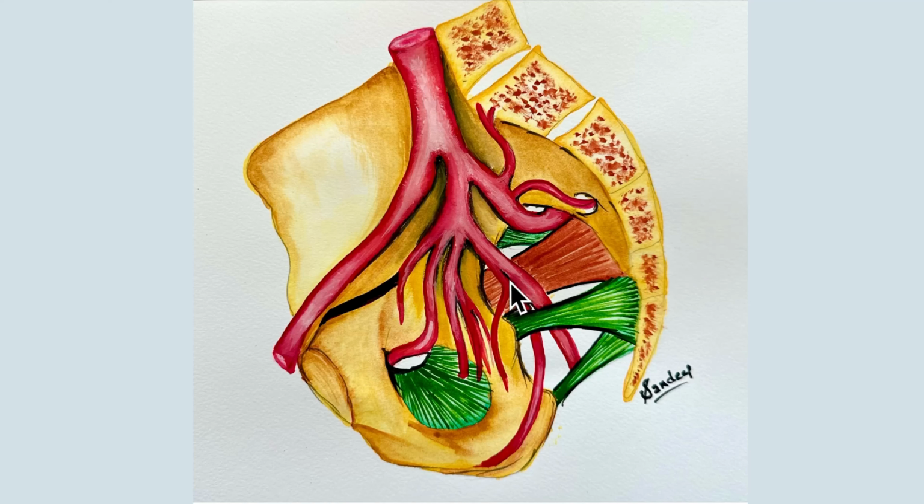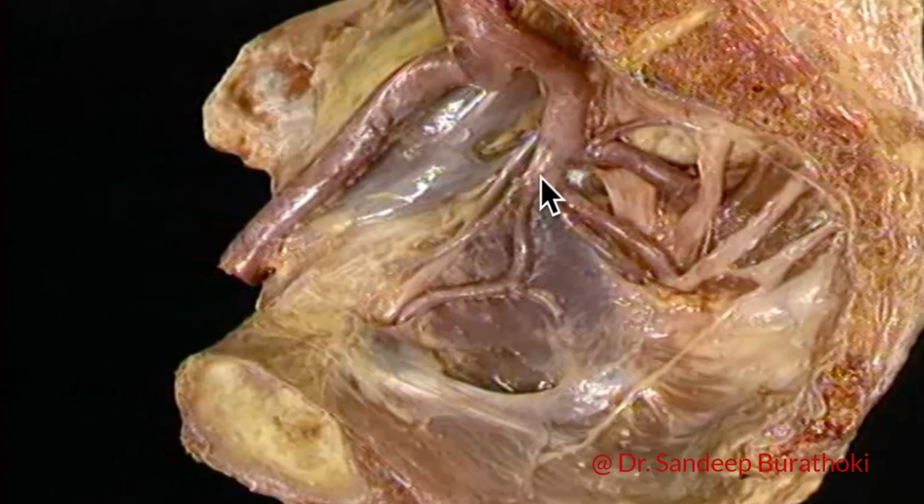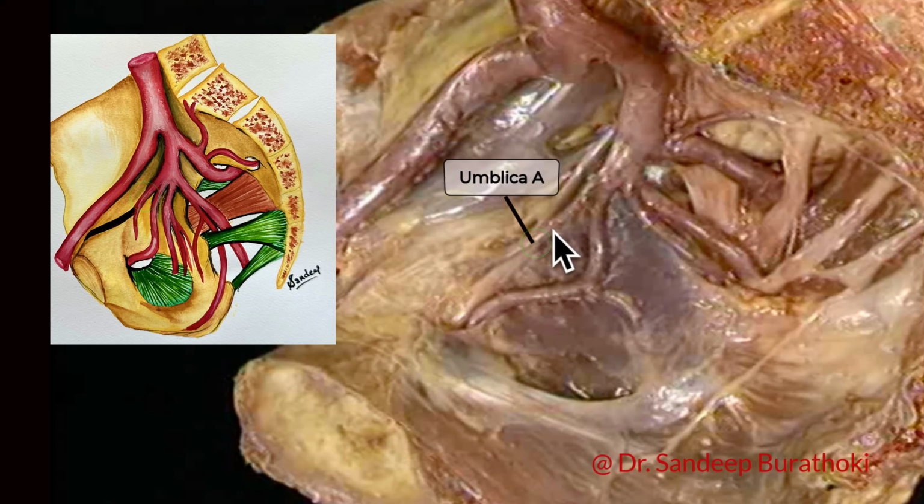This is the cadaveric specimen of the lateral half of the female pelvis. Here we could see that this is the common iliac artery divided into the external iliac artery and internal iliac artery, which divides into the posterior trunk and anterior trunk. This is the umbilical artery, which is obliterated here, and this is the obturator artery, which is exiting the pelvis